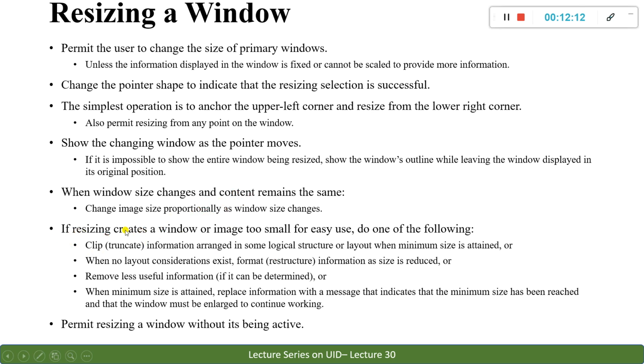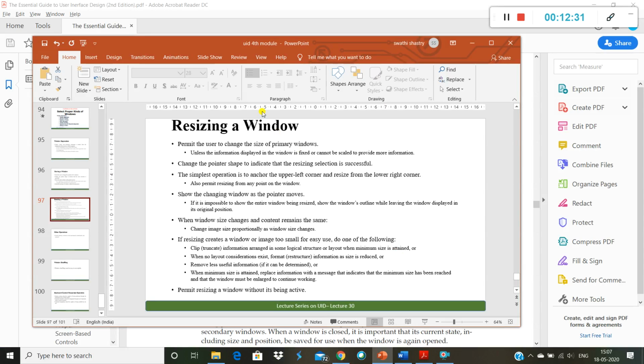Okay, if resizing creates a window or image too small for easy use, you can do one of the following. First, you better clip or truncate the information, arranged in some logical structure or layout, into the minimum size that is attained. That is what is happening here.